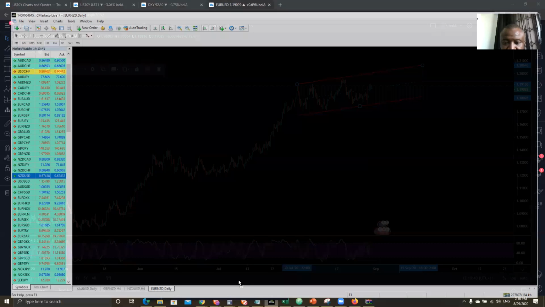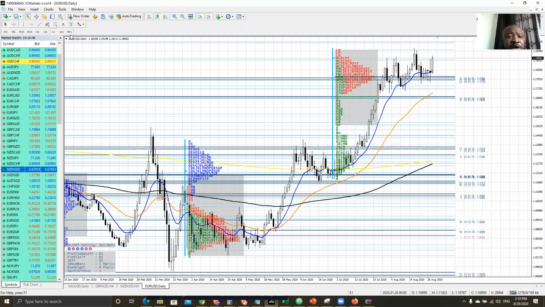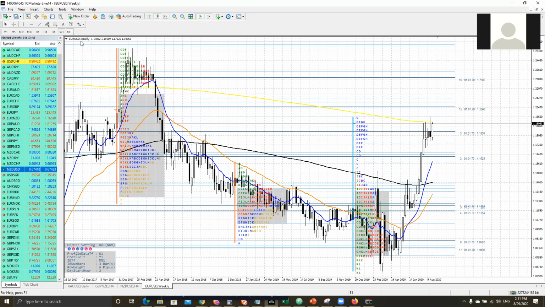As a matter of fact, hold on 1 second. I haven't even checked it on the, let's look at this. So if you look at the weekly on the market profile, you see that it created a single print at the time that it broke an old POC. And that's also like an old resistance. So that's what I'm thinking. Give me 1 second, please.